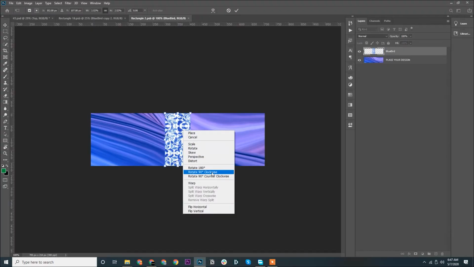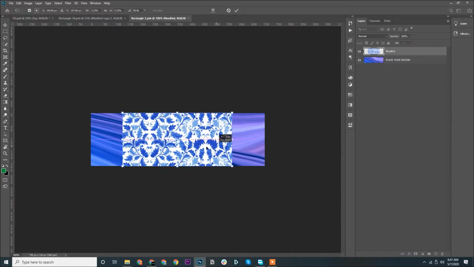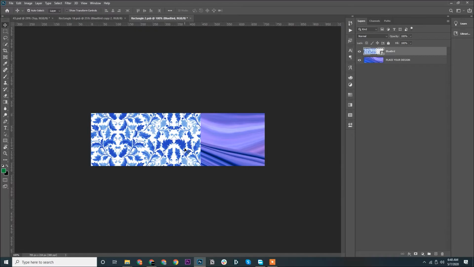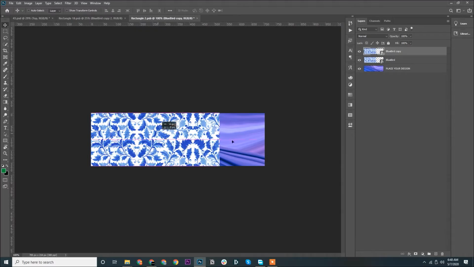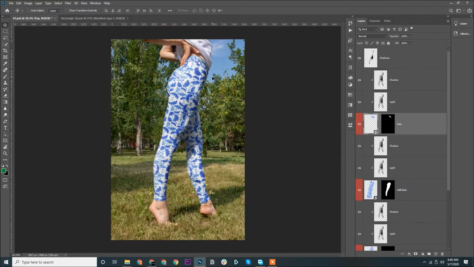Okay, so we have to rotate this, I guess. Okay, press Ctrl J. There we go. So this one is the perfect output that we expect, or that the template expected us to output.